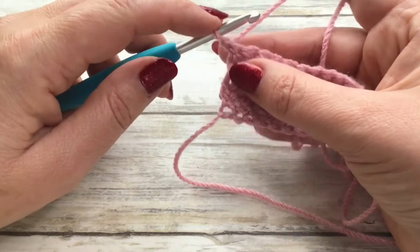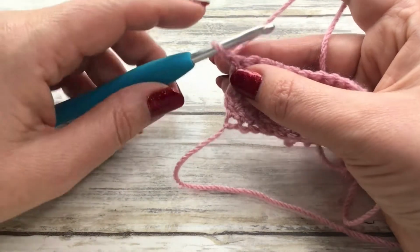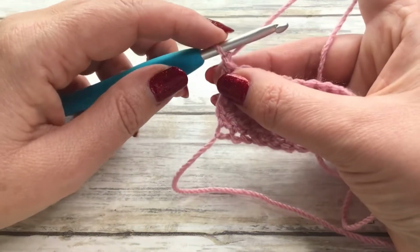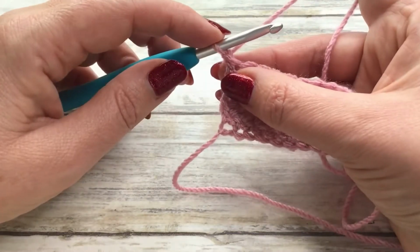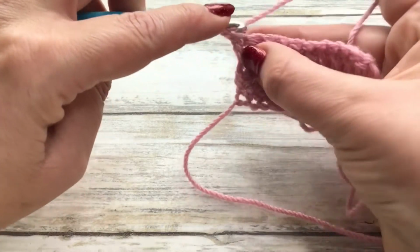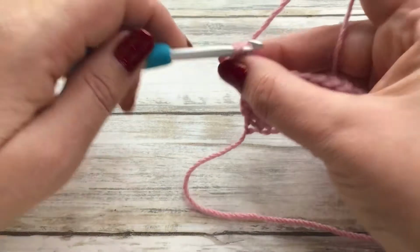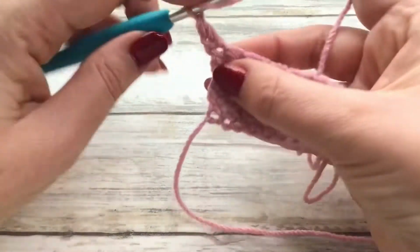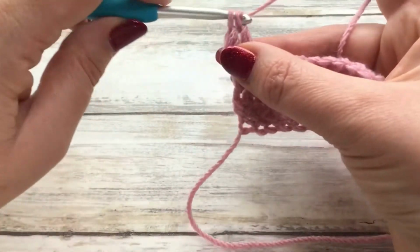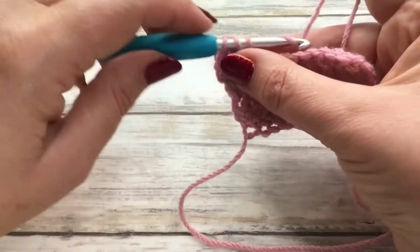Now when you go on to read patterns or watch other tutorials, especially with my granny square tutorial, I will start with a chain 2 up or chain 3 up, and then I will say count that as 1 treble crochet. But obviously, as you watch my tutorials, everything will become clear. It sounds a little bit confusing, but for now, when we're just doing our swatches, and this will work nicely,